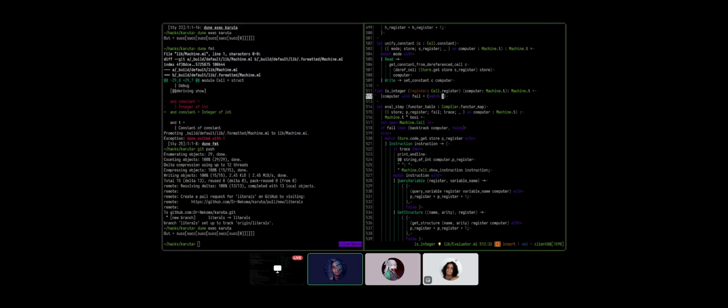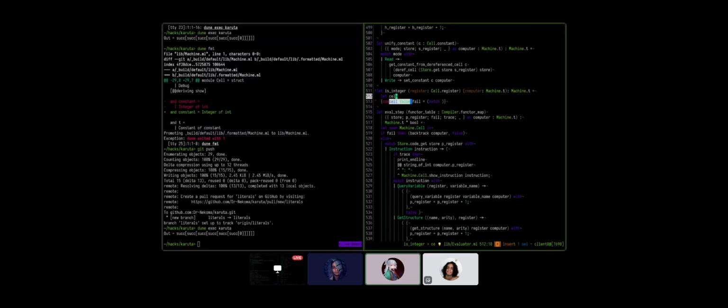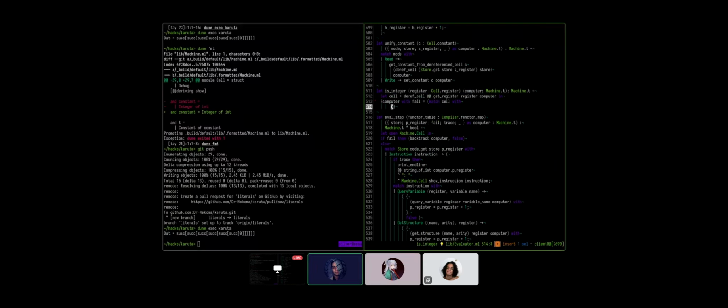Okay, so deref cell at. Let cell equals deref cell at get register computer in, and then match cell with, and then if it's a constant, and then we check if it's an integer.